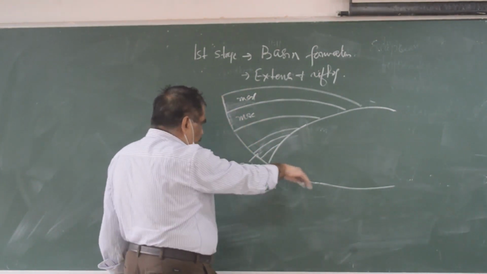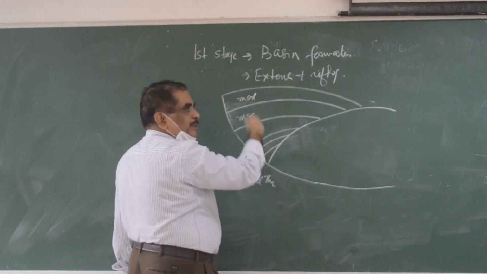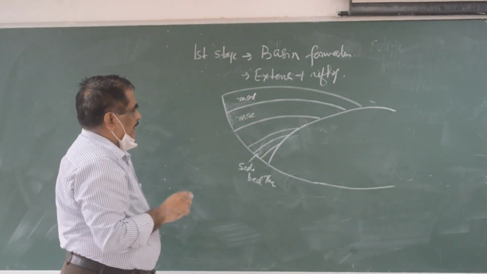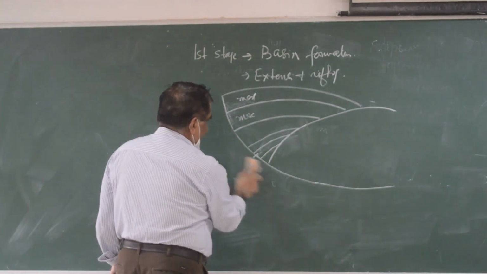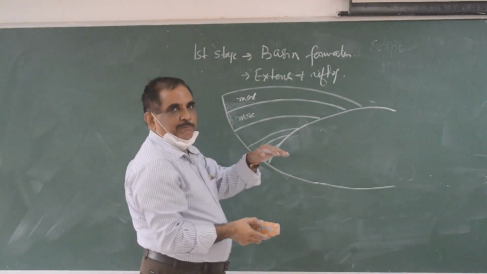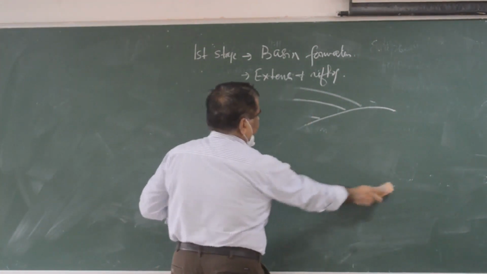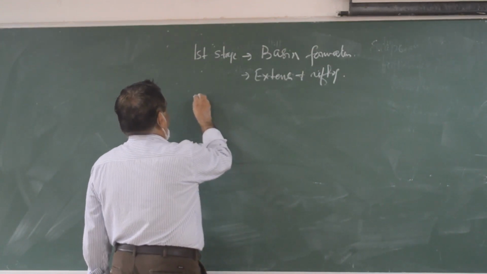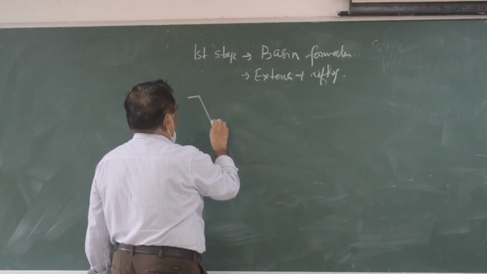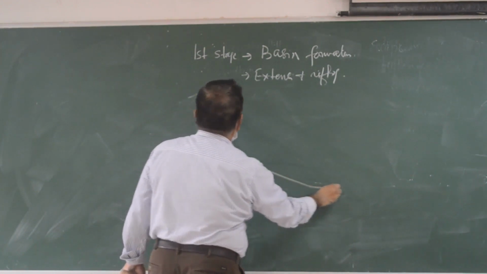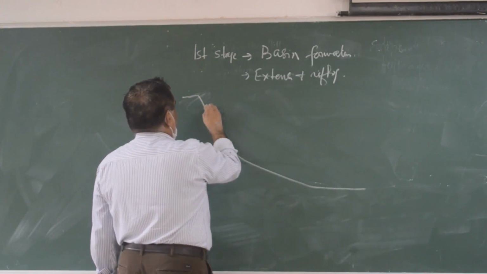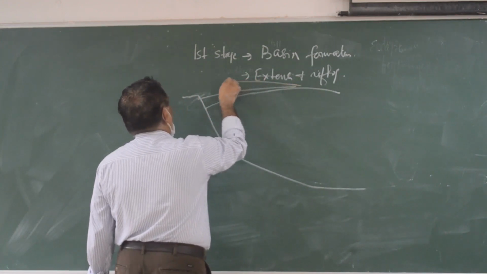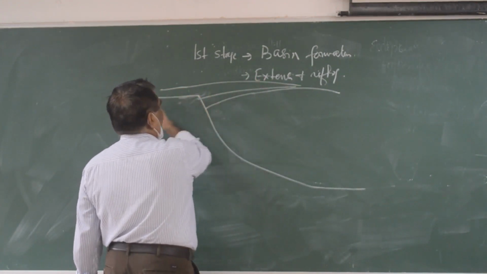That means this fault is growing, and the basin is becoming deeper and deeper, and sediments are being deposited in that basin. Now, if you compare, suppose I am just drawing the diagram right from the beginning, one set of diagram. Imagine, just at the beginning, sediments are deposited here. Some sediments are also deposited over it. It will also extend to that side.